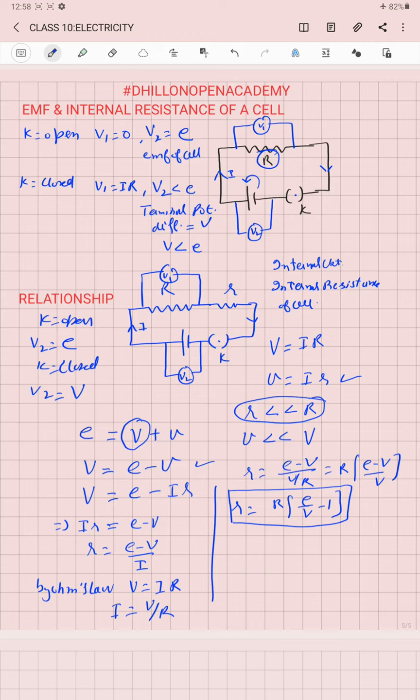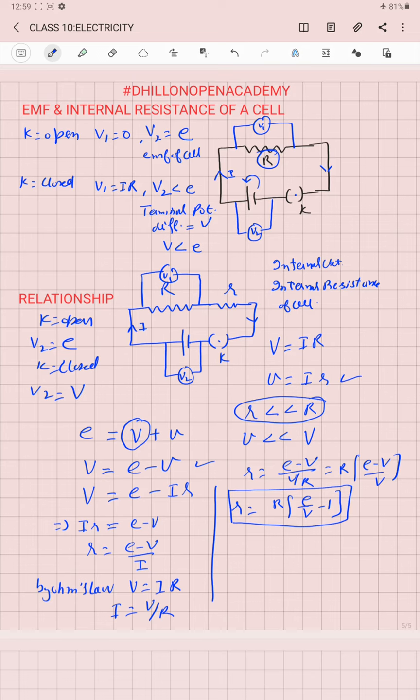Its value also depends upon the nature of the electrolyte used, its concentration, as well as the temperature of the electrolyte. If the electrolyte is dilute, the number of ions available inside the solution is less, so internal resistance will be large. If the electrolyte is highly ionized, internal resistance will be less due to the availability of greater charge carriers. If the temperature of the electrolyte is increased, internal resistance will decrease. Here you have to remember, internal resistance is going to decrease, not increase.